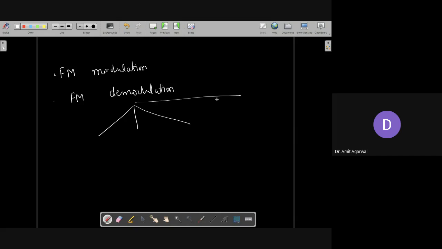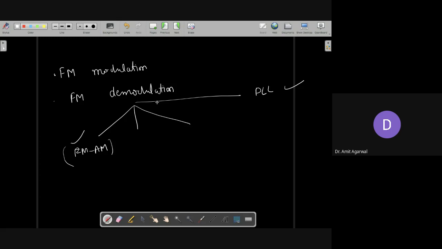What we have seen till now: FM modulation and demodulation. What are the four methods of FM demodulation? One is PLL. Second, frequency discrimination, FM to AM conversion. Third,